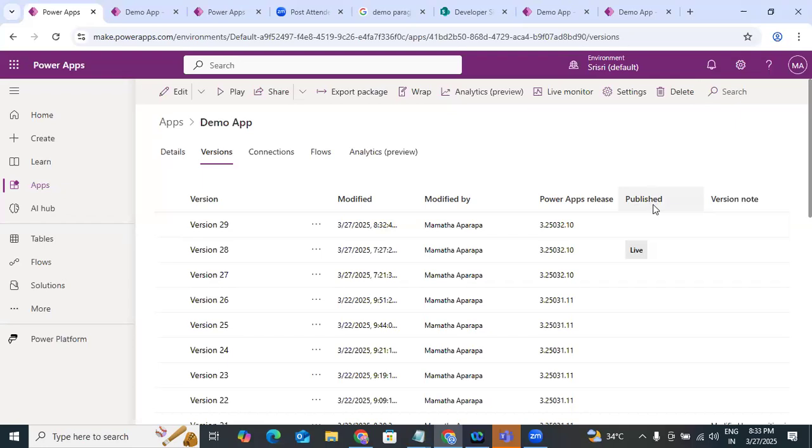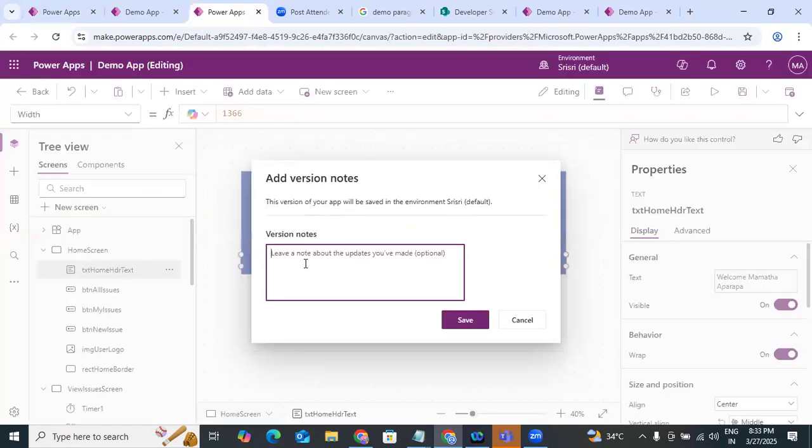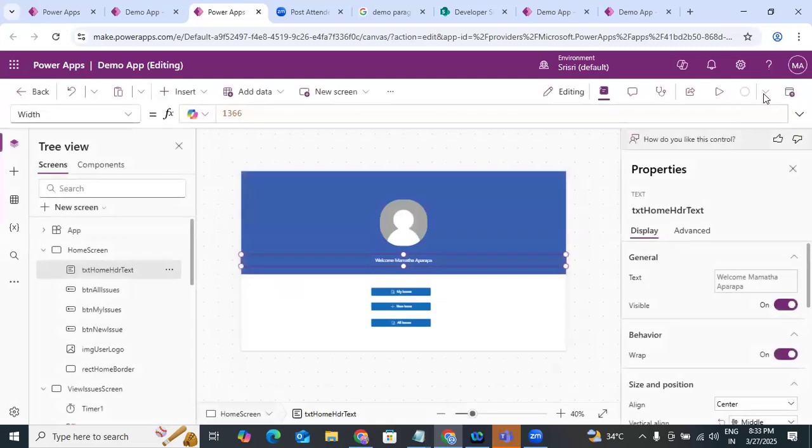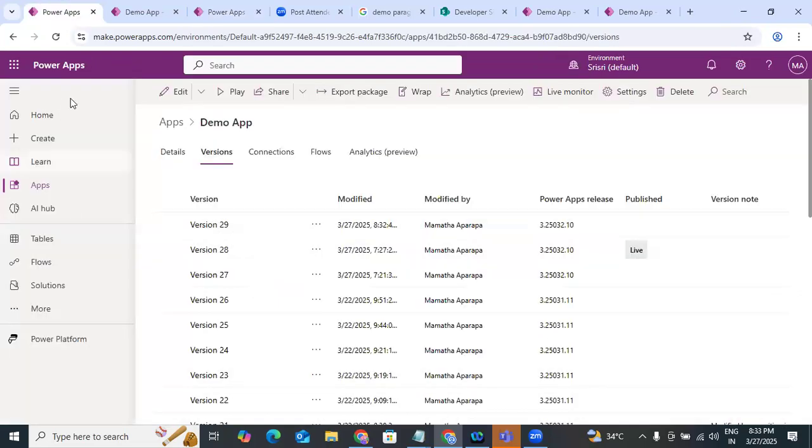And app release, published version note, these are the things we have. Version notes: if I save with a note, renamed home page header text, okay, I'll write this and I have saved it. If I go here and refresh this one,